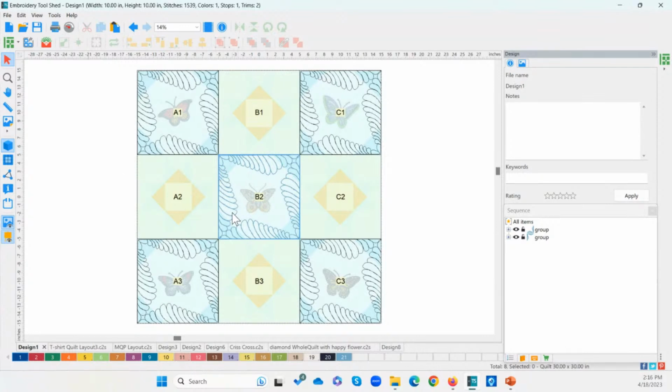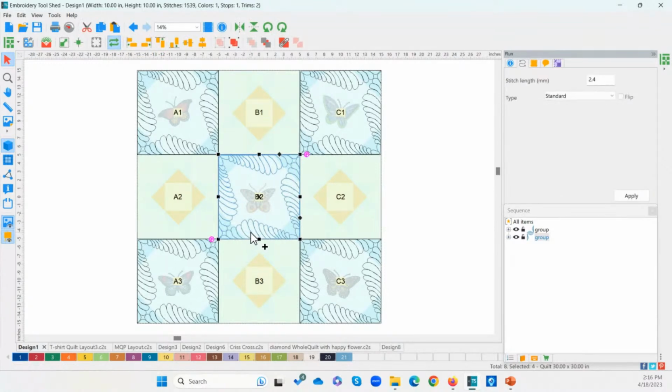Now, if you have a hoop that is a 10 by 10, then what I would recommend is grouping these together, because then when you export your quilt, it will export it as the one design. And I'll show you that coming up here in just a minute. If you don't have a hoop that's a 10 by 10, so if I go over here to my transform options, whatever you have selected on the screen, it'll actually tell you the size of it right here.